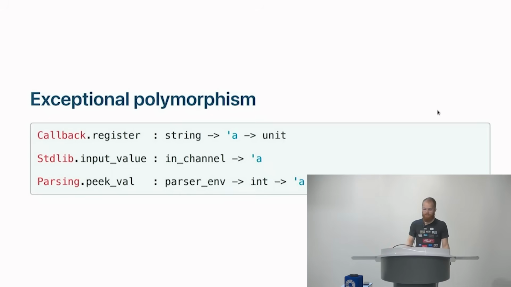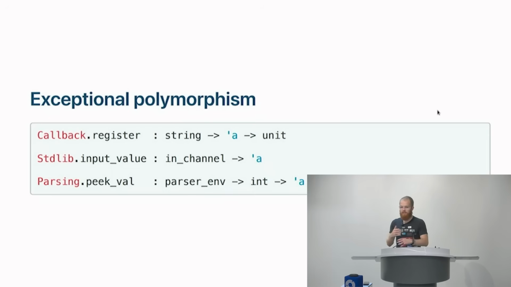Similarly, Parsing.peek_val, instead of coming from an in channel, comes from a parser environment, but it's the same idea. We're returning an alpha out of nowhere. We didn't have any way to tell the runtime what alpha to produce. So if we tell the runtime, I expect you to give me an int, and the runtime parses from the in channel and gets back a string, that int is going to be expected to be a